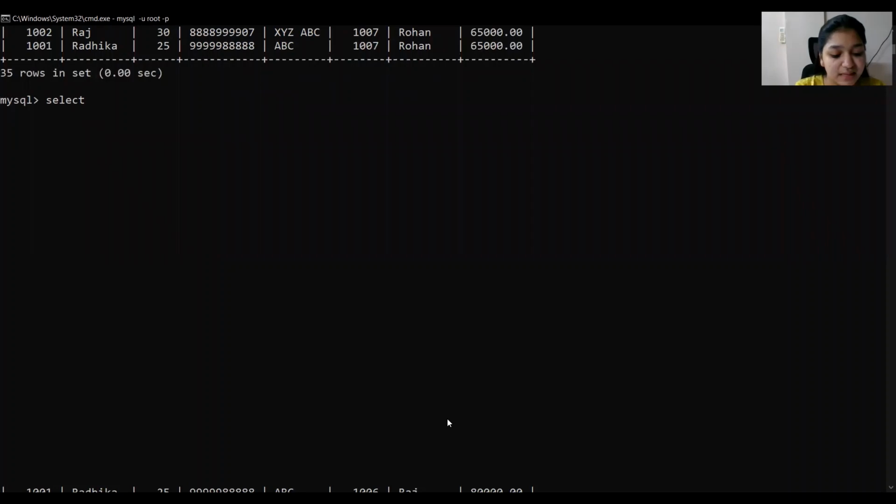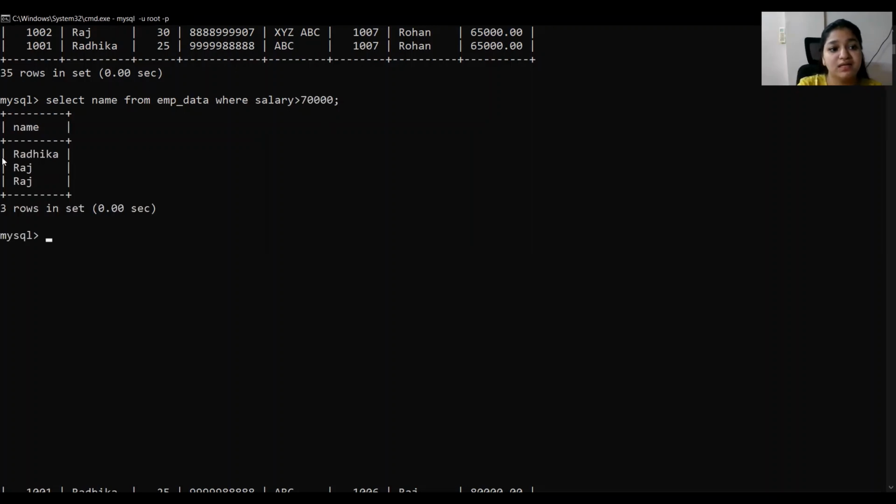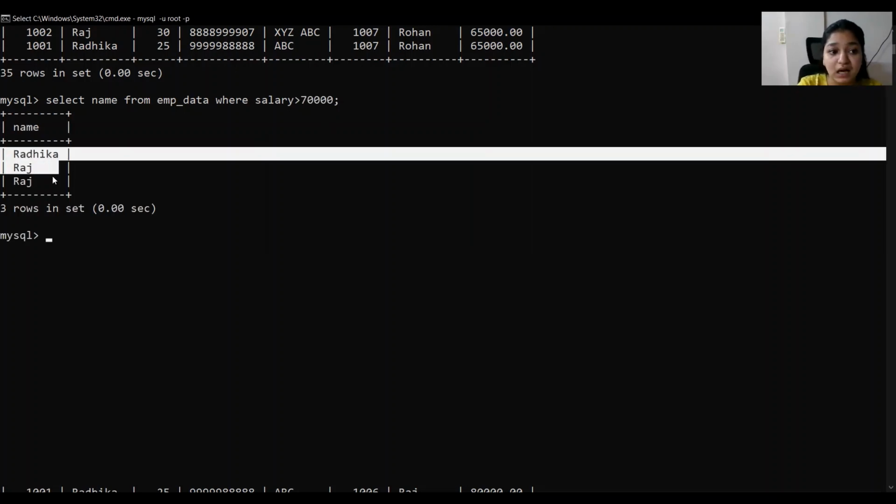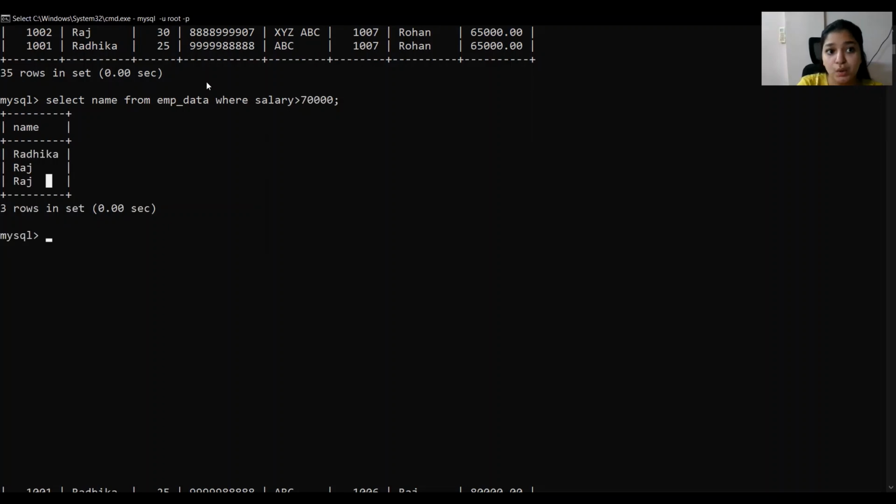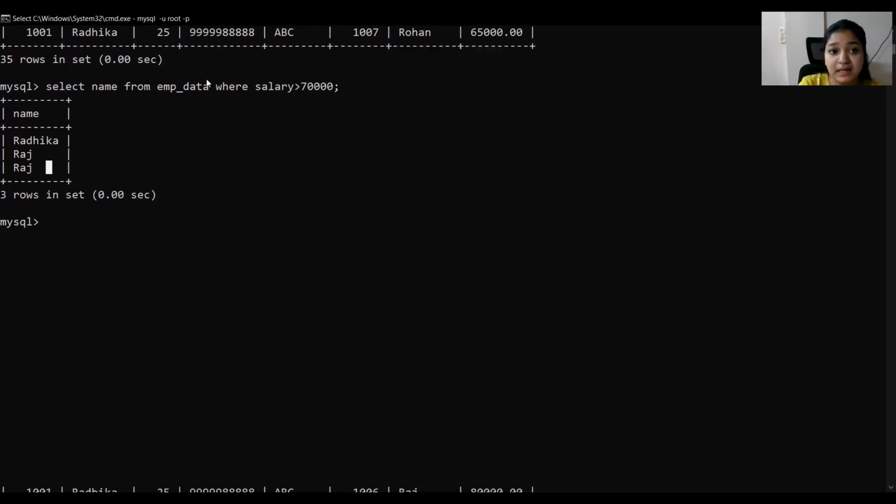So what we can do is select name from employee data where, now here we are putting a condition, where salary is greater than 70,000 maybe. Here we can see there are 3 people, Radhika and 2 Rajs, who have salary greater than 70,000.